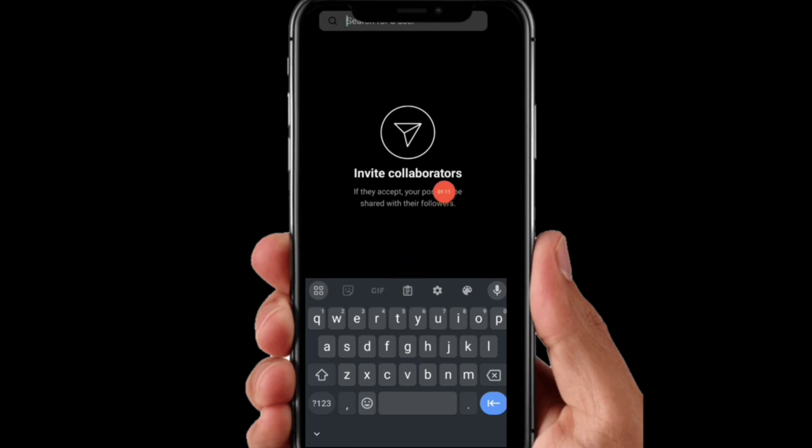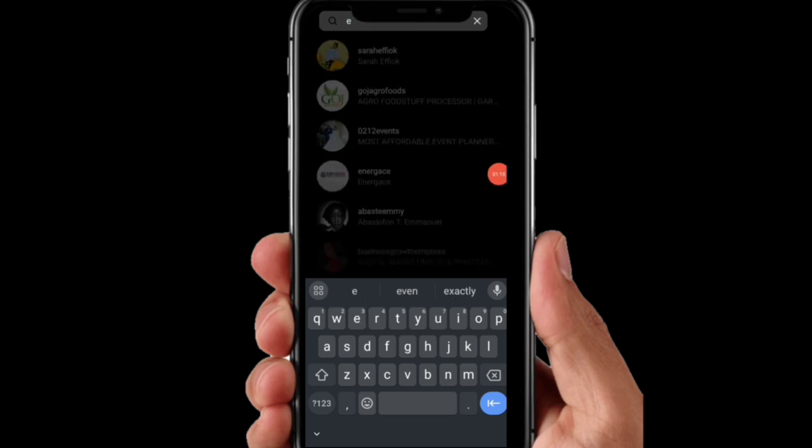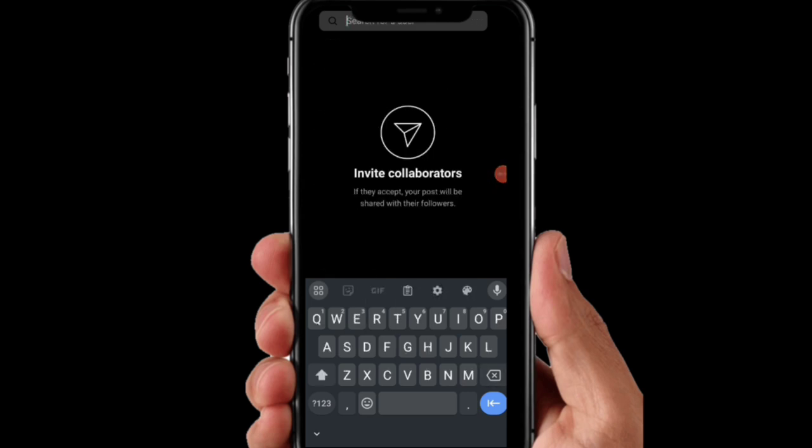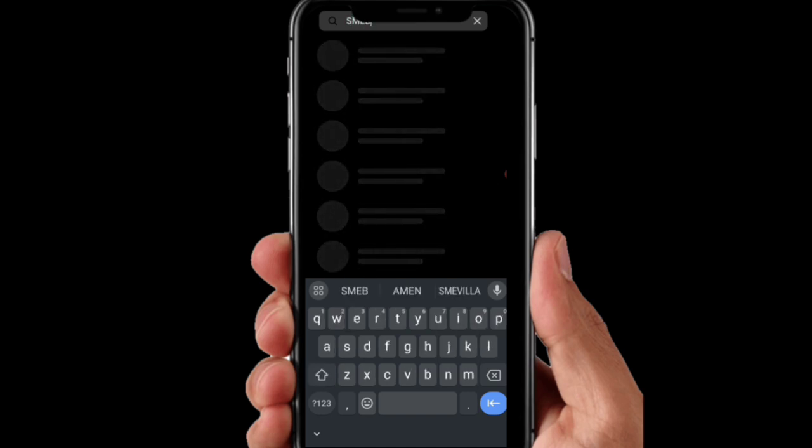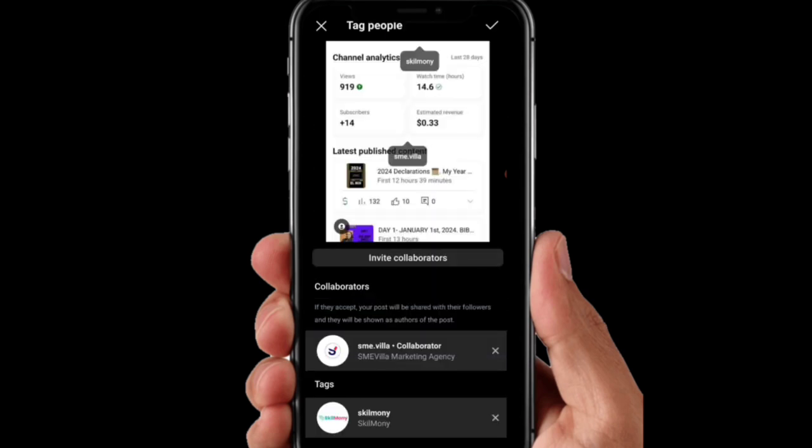And that's what this invite collaborators is referring to. So I can decide to maybe add SME Villa. Can you see?